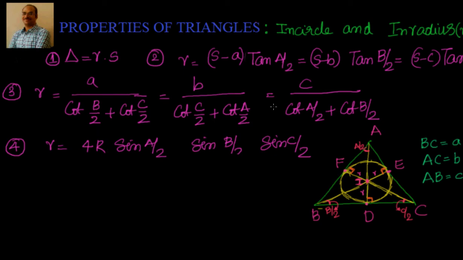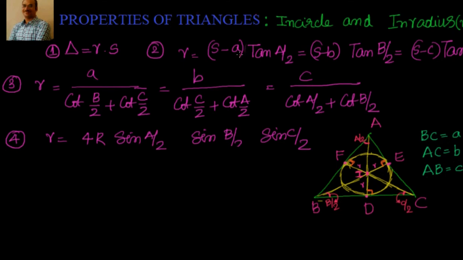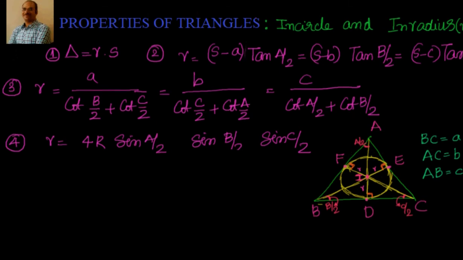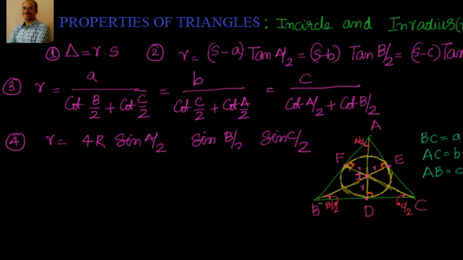We are continuing with the proof of inradius and finding out these values. We have seen the first one and second one in the last session. We'll go through how to find r equal to a by cot of b by 2 plus cot c by 2. Similarly, you can do it for the remaining ones also. Generally, we do it for one, and you can do it similarly for all of them. It's the same pattern, same logic applied.